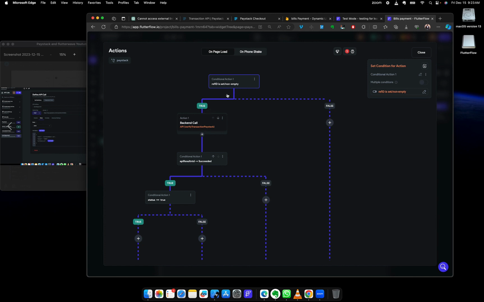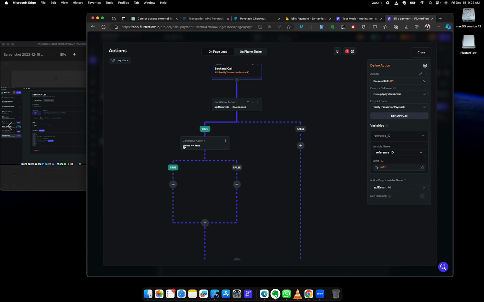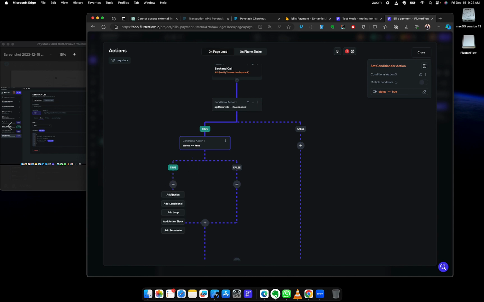I'm going to check if the reference ID set is not empty, and then I'm going to make a backend call and check whether the call was successful. If it was, what I'm going to do next, because right now the call is successful, but even though the call is successful, we still need to know the status, whether it's true, because a successful call is still a successful call. It can return failed or true at the same time. So once we check that, the next thing we can now do is